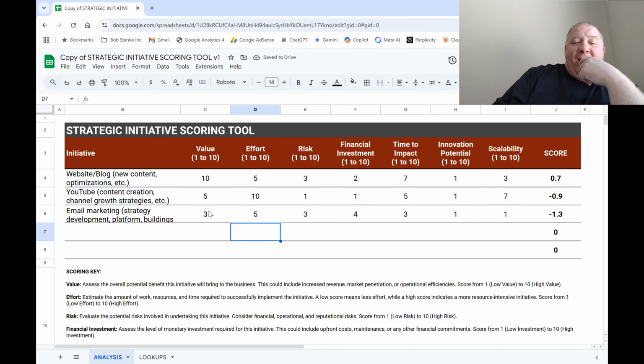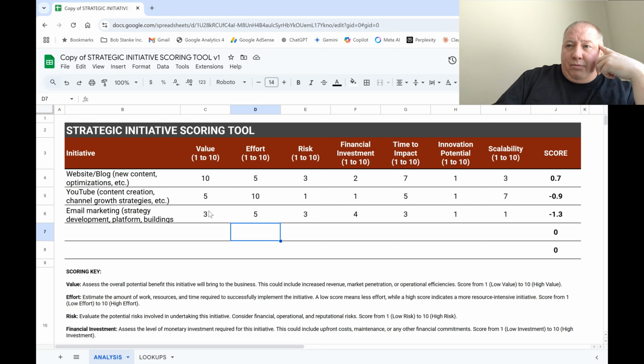So that's how the weights are so important. So look at the lookups tab, make it what's suitable for you. If money is no object for you, if you've got a small business and you've got millions of dollars in the bank, sitting in cash, and your advisory board is telling you to spend some of that to build new product, financial investment isn't as important for you, so you can score financial investment lower. And even if your risk is higher and your effort's higher,